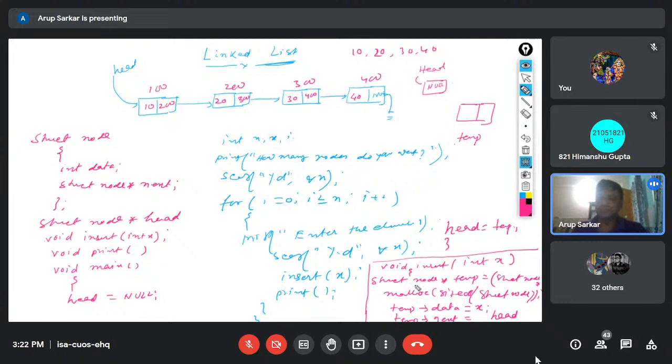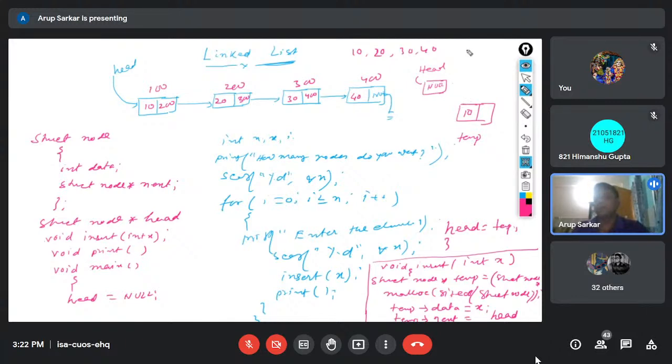This node is created by struct node star temp is equal to malloc size of struct node. Now you have to insert the data. Temp dot data is equal to x. What value you have inserted, that may be here. Temp dot next is equal to head. Now temp dot next is equal to head means what? If it is null,